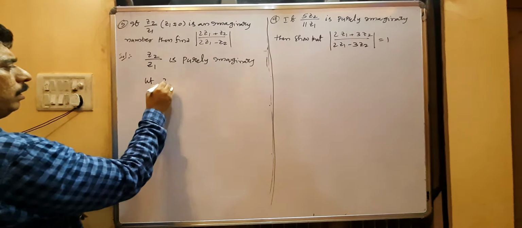Z2 by Z1 is I into K, where K belongs to the real numbers. K is a real number. Purely imaginary means the real part is equal to 0. Now you have to find the value of (2Z1 plus Z2) by